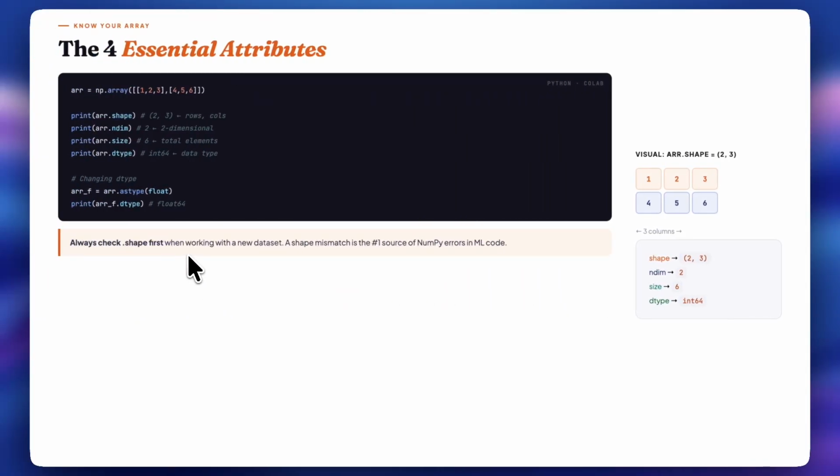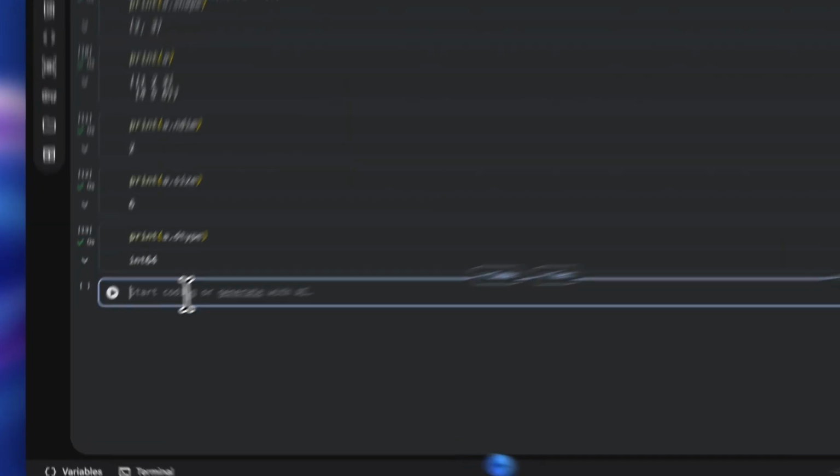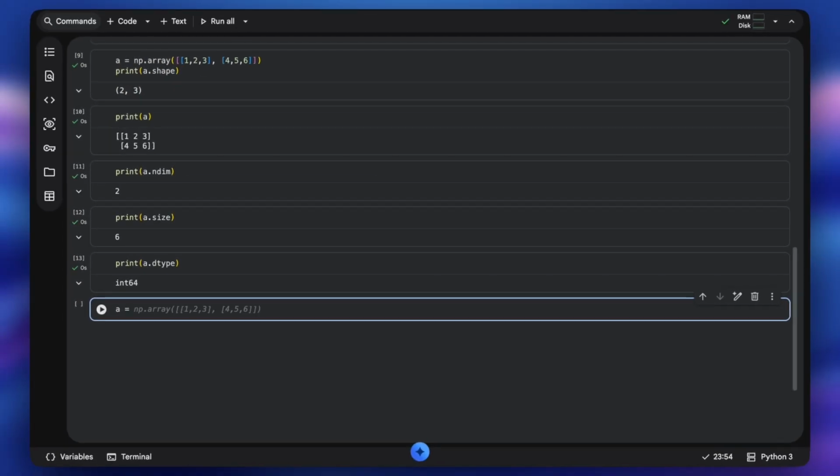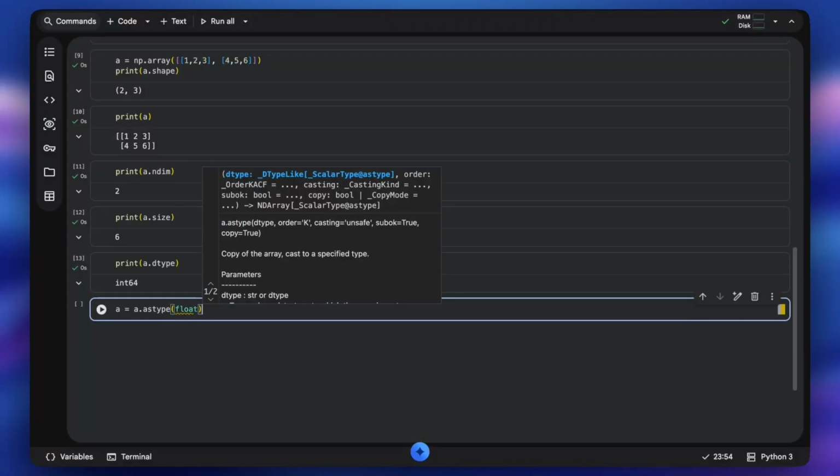So these are the 4 essential attributes, but we have one additional feature too, which is basically for type conversion. If I want to convert an array to float, currently it's int64, then I just simply need to do a is equal to a.astype, and I simply pass float.